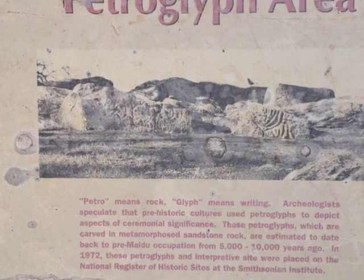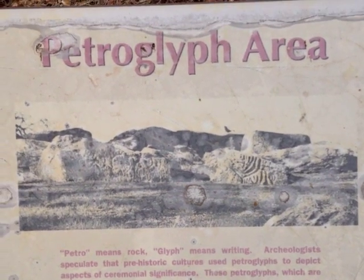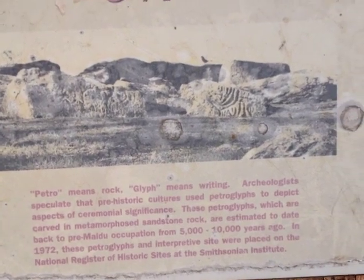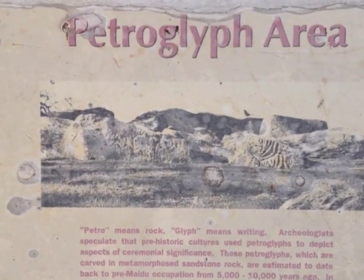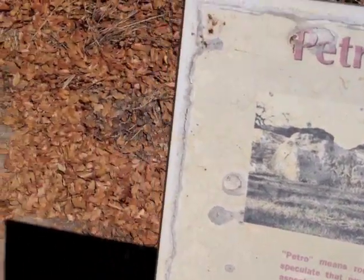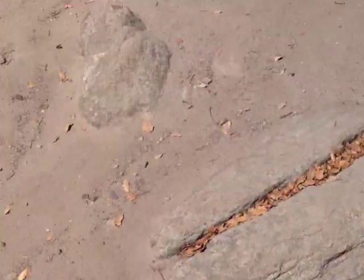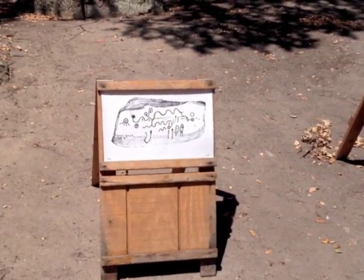So we're at the Maidu Museum in Roseville, California. And if you guys ever get out this way, it's certainly a good place to check out. This place has petroglyphs, it has bedrock mortars, it has water, it has a pond, it has all kinds of neat stuff. And if you guys ever get a chance, like I said, to come out this way, I certainly hope you guys do. So this is the petroglyph